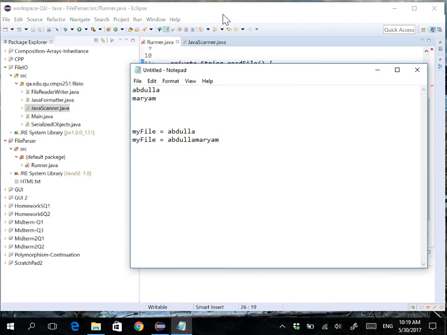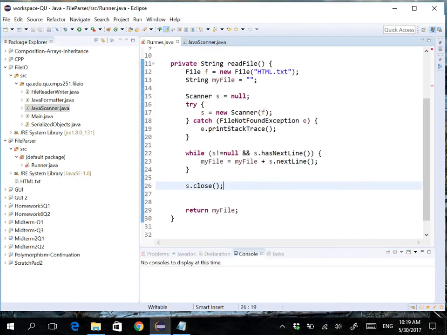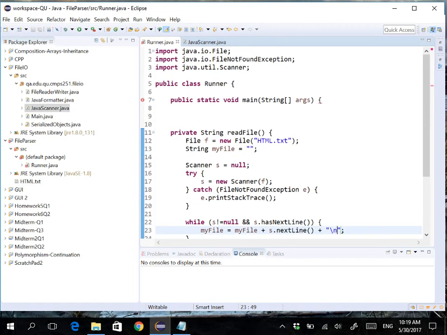What is it? It's actually much simpler than this. I'm just trying to put stuff in a string. So you can do %n. I think %n only works with formatter, by the way, printf formatter. So don't use that. Just use new line. Now, if you want to test this,